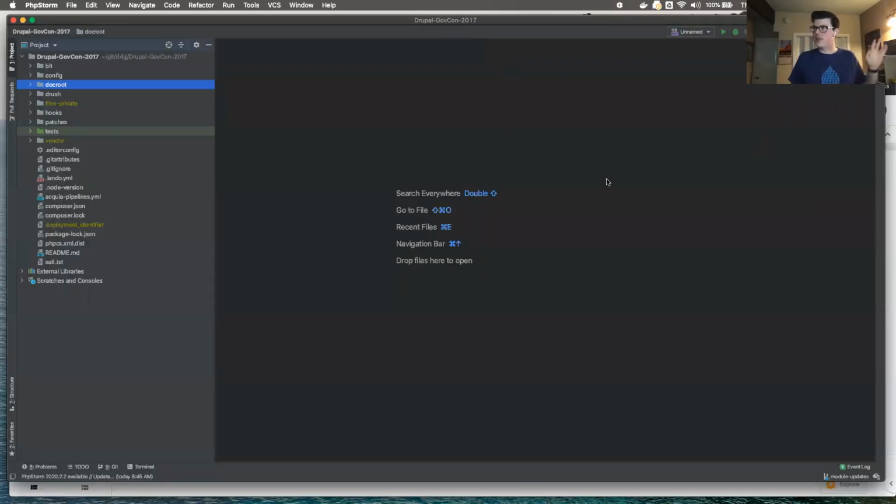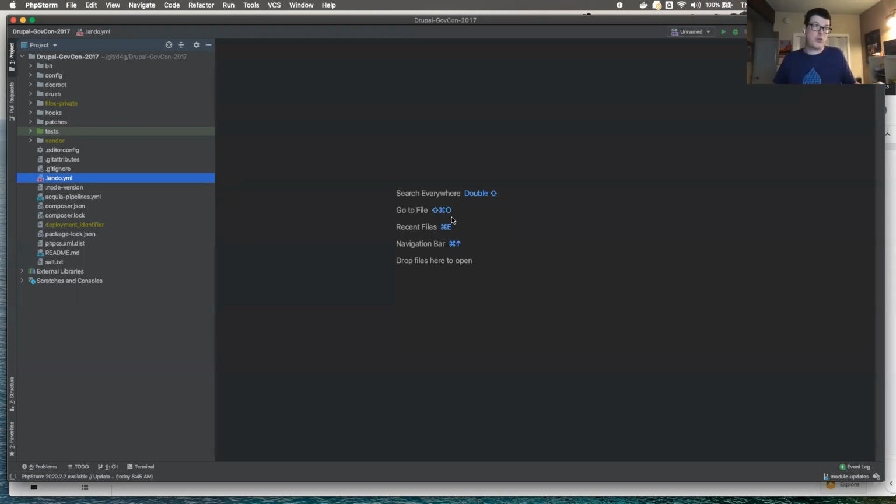Now I will switch into the presentation mode when we actually get down into some specific code. What we're looking at here is actually the Drupal GovCon code repository. I know it says 2017, but that's okay. We just haven't renamed the repo. For those of you who don't read my content or haven't seen me speak before, we put a lot of effort into keeping this repository open source. It's publicly available on GitHub. That way, when we talk about it in conferences or whatever, you're welcome to download the code and try it out yourself. So there's nothing proprietary about what I'm showing you here.